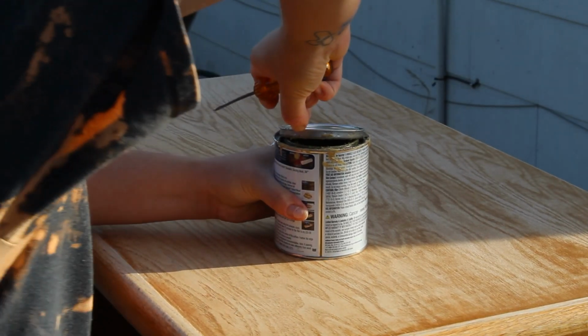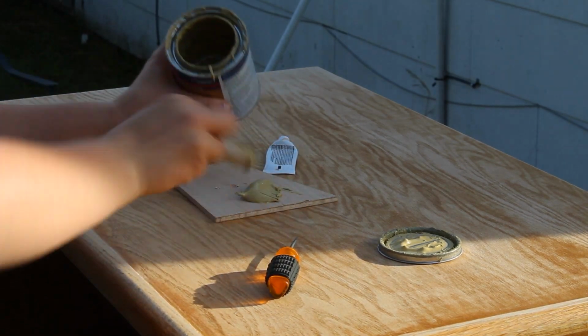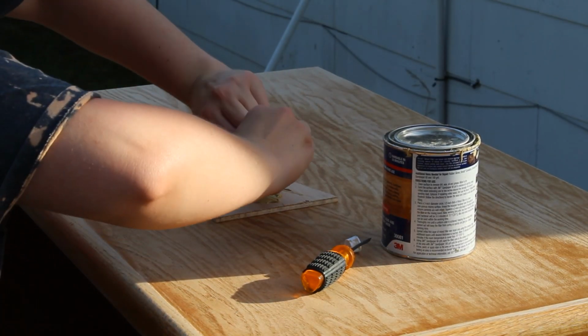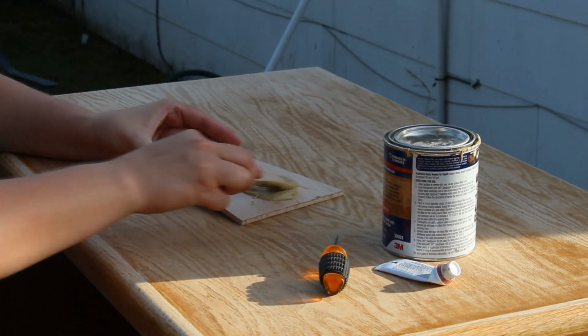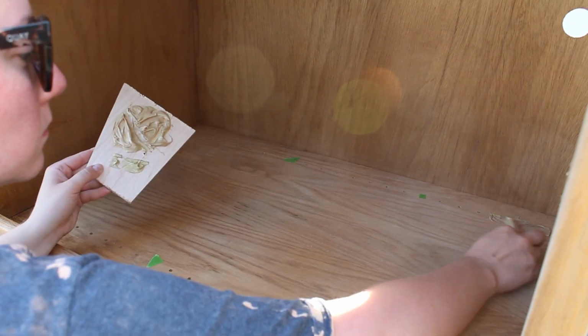I then mixed up some Bondo. This is a 2-part mixture. You take out the actual Bondo and then mix in the red hardener. This does harden really fast, especially in direct sun. And I mixed it all together, and I'm going to be filling in the little inner holes that make the